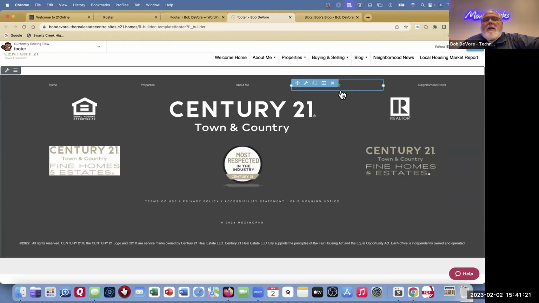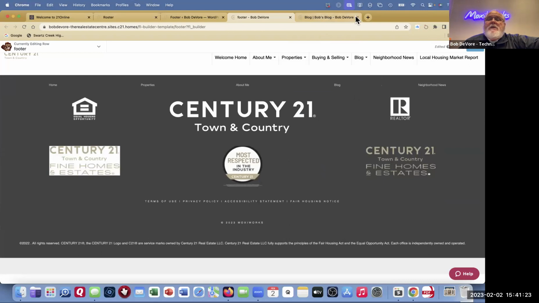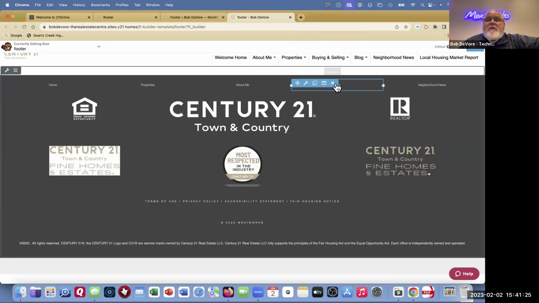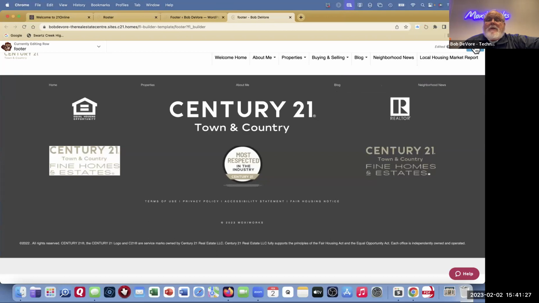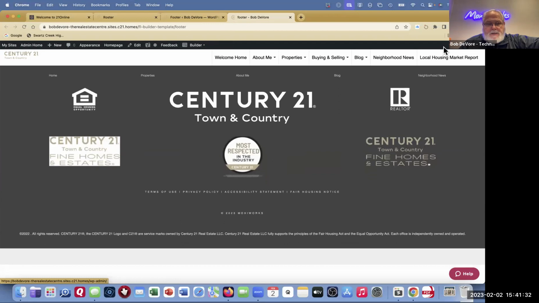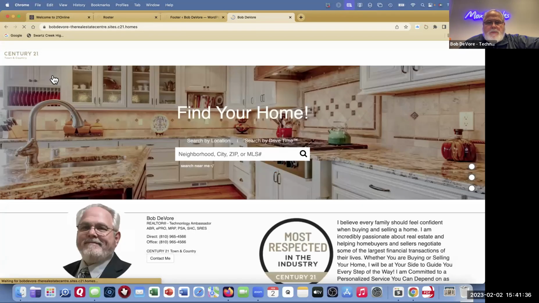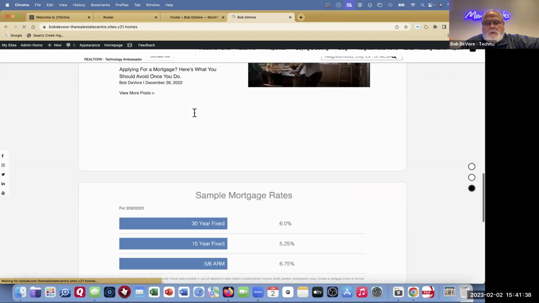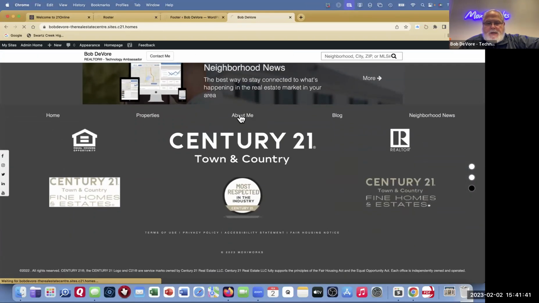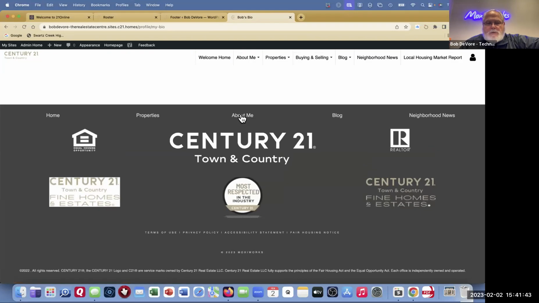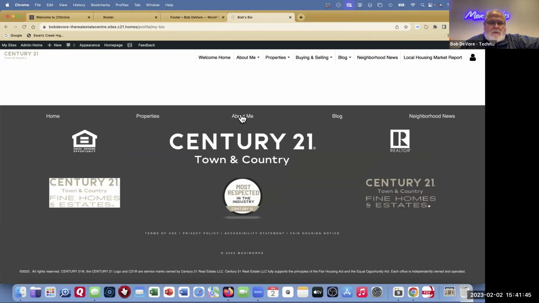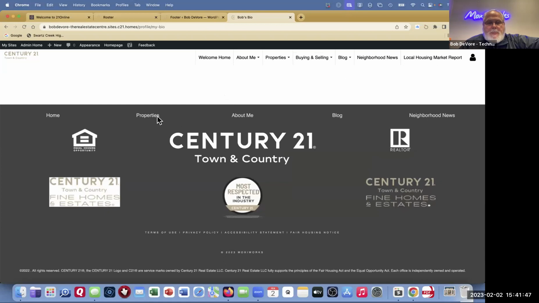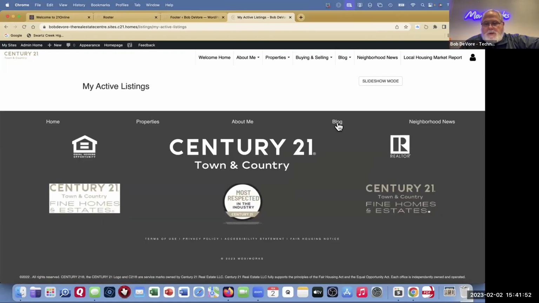So if you're not blogging, the reason I'm showing you this is because if you're not blogging, you need to get rid of it. I'm going to click on that, because what happens when they click on home, they're going to go to home. When they click on about me, they're going to go to my bio, which I don't have because I'm not a Century 21 agent. Properties, blog,